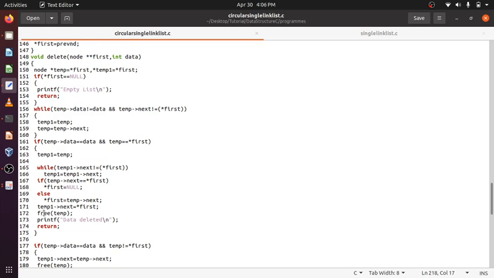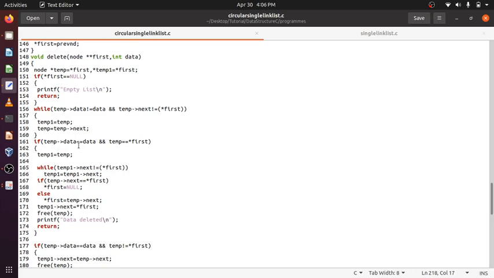After that, temp1 next equal to first doesn't make any sense. Free temp.